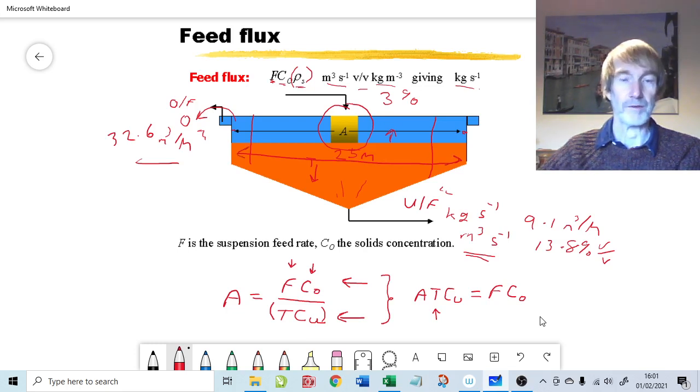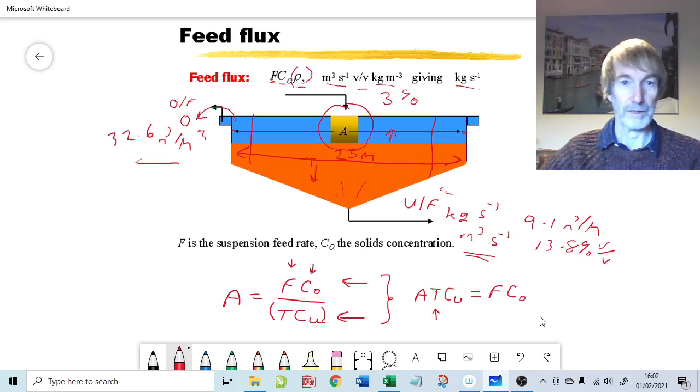Clearly you'd like to add a little bit of safety factor to that. You'd probably bring that up to 30 meters in diameter just to ensure that any fluctuation in the feed rate, when it goes up high, you've got the hydraulic capacity to cope with that. So you'd go for a significant increase in the diameter as that safety factor. But according to flux theory, which is all covered in chapter 6, that should work with something like 42-ish meters cubed going in,